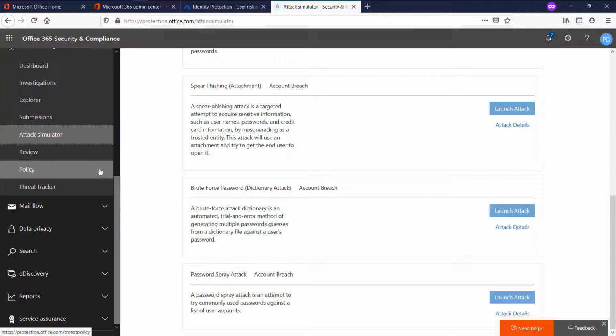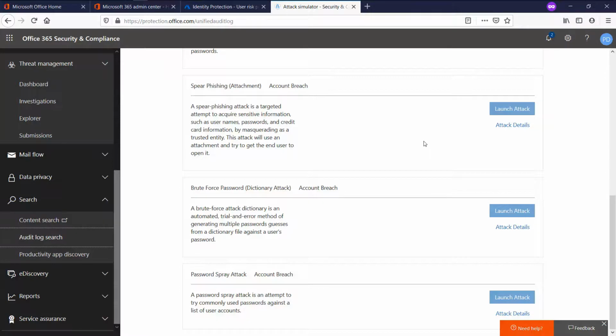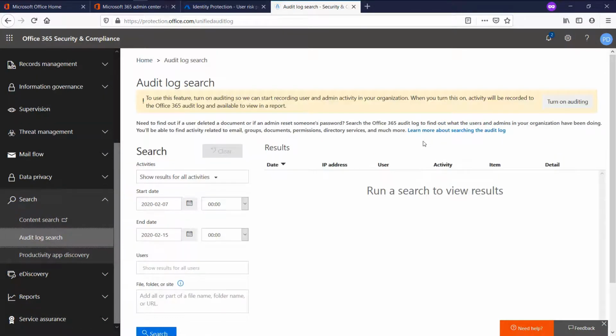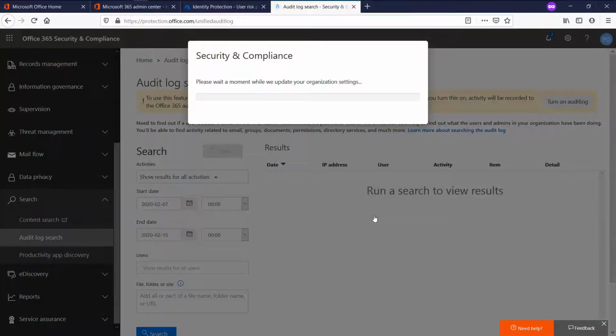In order to do it, you also have to enable the audit log in your tenant. In this tenant we are configured; you only have to come here to data, go to audit log search, and turn on auditing. You click yes on this section. This will enable the audit logs and will provide you more visibility. This will take some time if you want to enable that. Once you have configured this and the audit log has been enabled, you can come here to open another tab with the portal